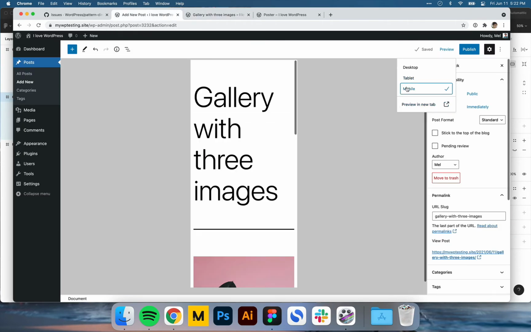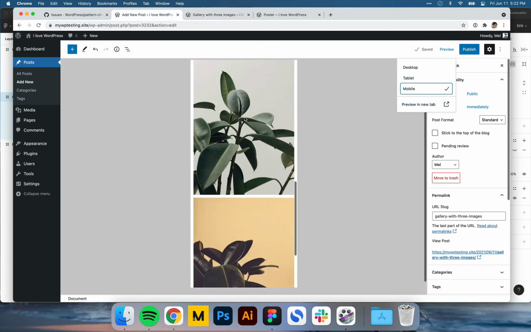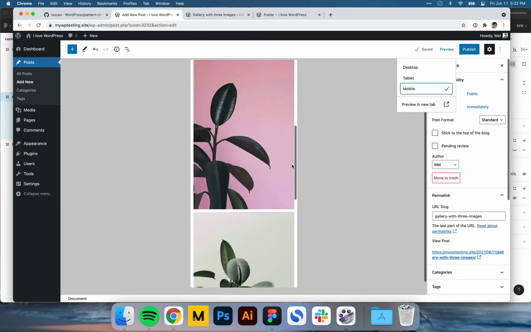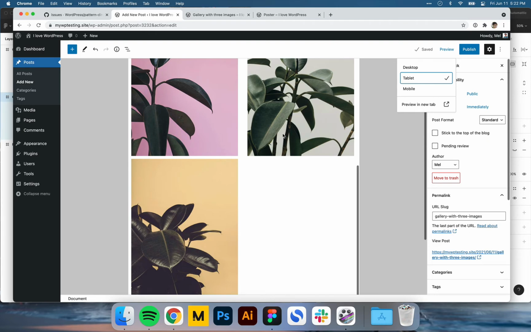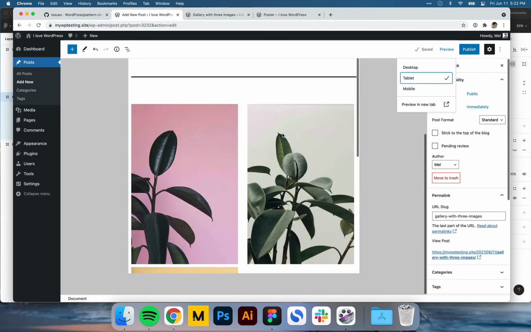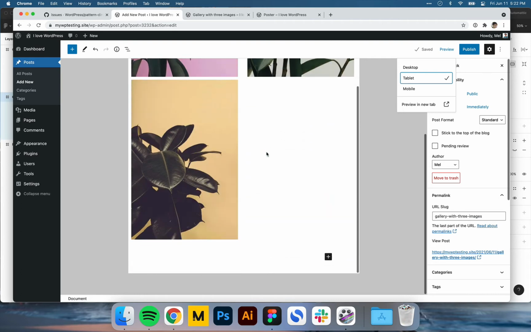And just looking at mobile, it goes nicely down to 1 column. So on tablet, it does do this 3, which isn't ideal, but it is one of the limitations of the columns block right now. So if you do try a pattern like this, you'll just want to keep that in mind.